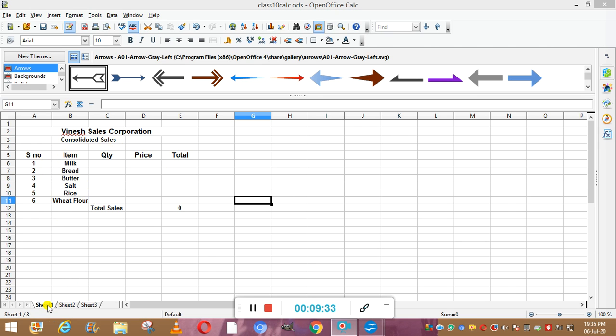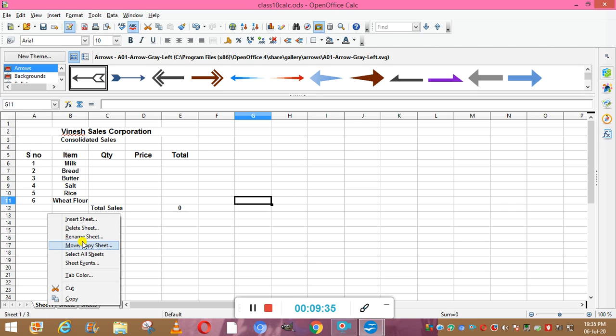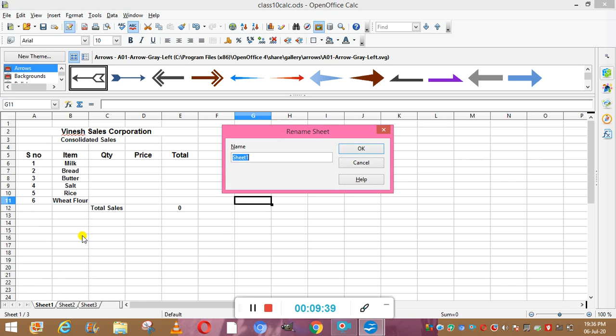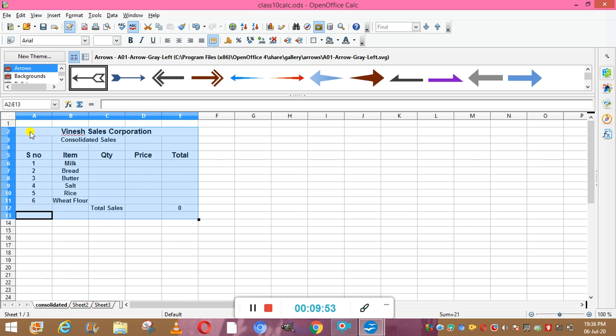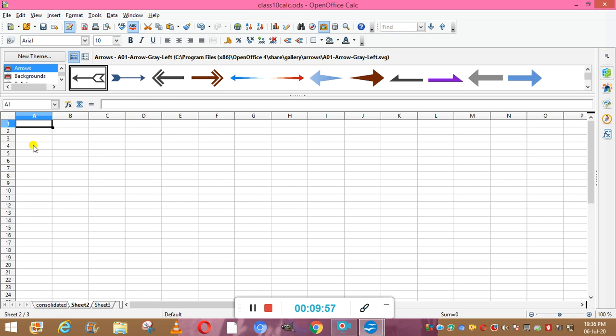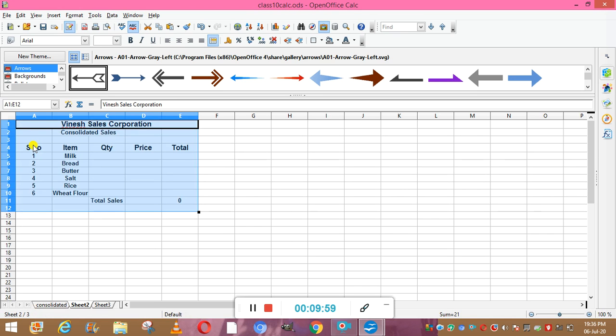Now this is sheet 1, so we are going to rename it. You right click here, then go to Rename. From here you can rename it Consolidated. Similarly we have to make different worksheets. I'm just copying this into sheet number 2.